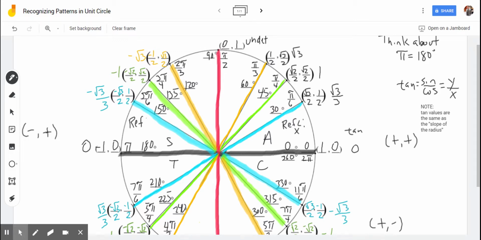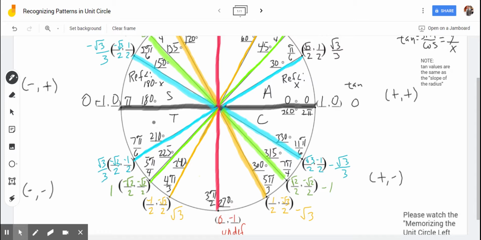What you can do in quadrant 2 to find the reference angle is subtract your angle from 180. And that's what we did by highlighting it in this color, right? If we subtracted 150 from 180, we would see that its corresponding reference angle is 30. We would use the unit circle values at 30, but then change the signs according to the appropriate quadrant that we're in. We would do the same thing in quadrant 3,